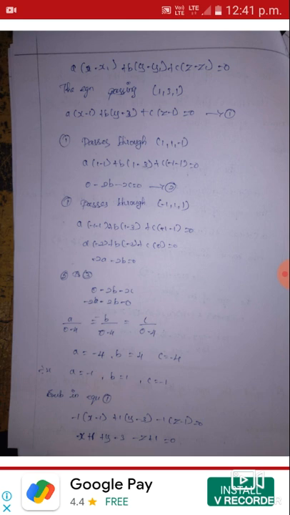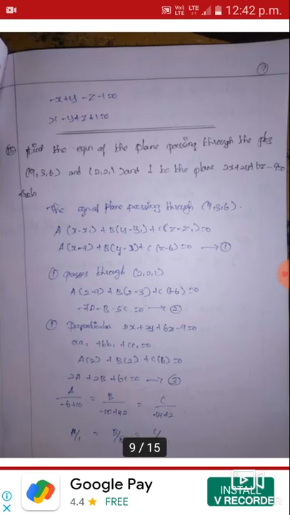Then it passes through again a point (1, -1, 1). We have to substitute for x, y and z. We get an equation, that is 0 - 2b - 2c equal to 0. Again, equation 1 passing through the point (1, 1, -1), we get -2a - 2b equal to 0. From 2 and 3 we get a equal to -1, b equal to -4 and c equal to -4. We have to substitute in the equation, that is -(x + 1), y - 3 and z - z + 1 equal to 0.